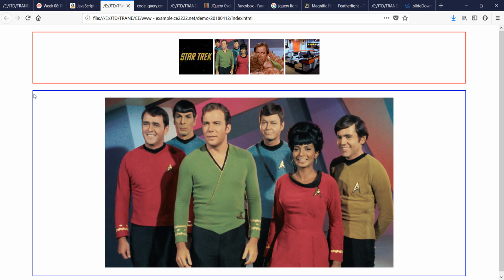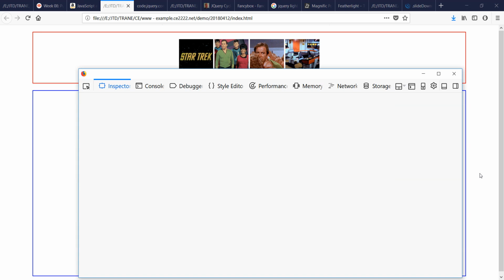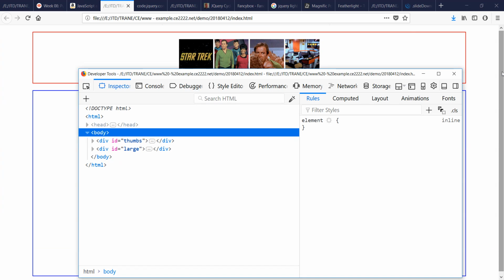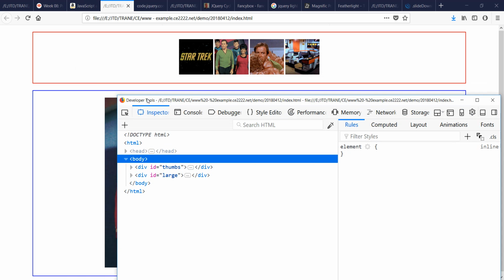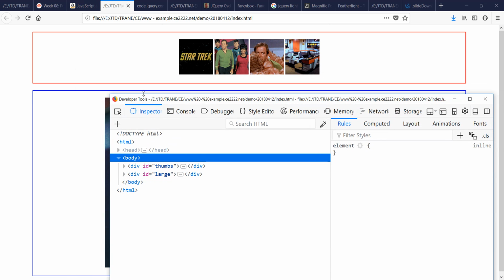In order to get into the inspect element tool, you can right click pretty much anywhere on the page, and it'll say either inspect or inspect element. When you click on that, you're going to get a window. It might be a separate window. It might be docked to the main browser window. But you're going to get a window which is split into two different parts. On the left side, you're going to get HTML, and on the right side, you may get some CSS. The way this works is it will allow you to highlight a very specific part of your page, a specific element or specific